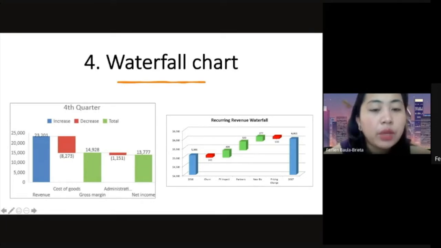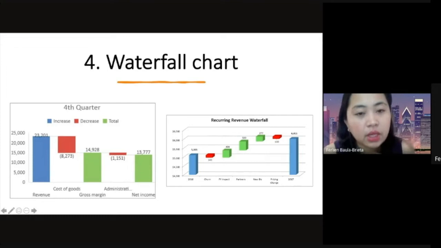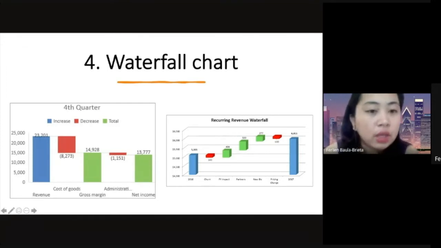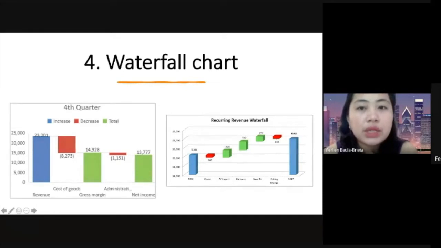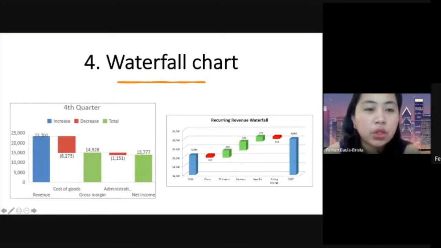Now we have another expense, administrative expenses. That would be a very small red here. We will just slice a very small part of the green, and that would now be the net income. So from the revenue, the gross income, going to the net income. It's very easy to understand the total or the net income because of the representation made using the waterfall